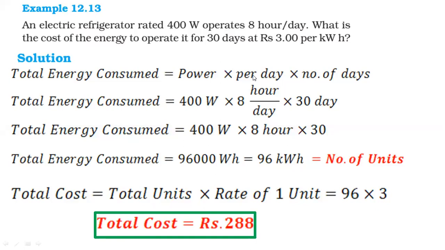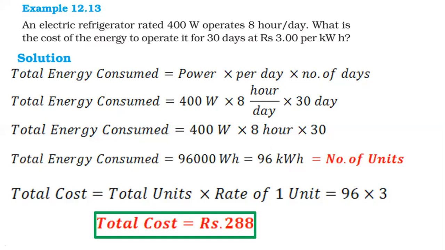So there are 2 mistakes which you should be aware of. First mistake: do not multiply only 2 values. You have to multiply hours per day into number of days. Second mistake: watt hour has to be converted to kilowatt hour. If you avoid these mistakes, then you can be sure that you will definitely get marks. These are the usual mistakes which students do. Okay? So I'm just making you aware of it.